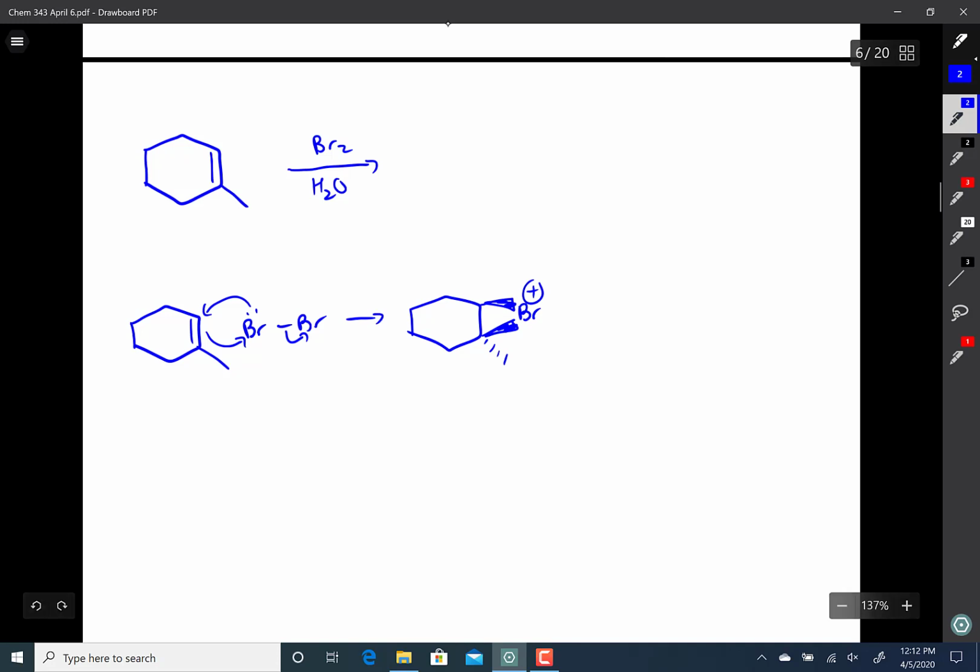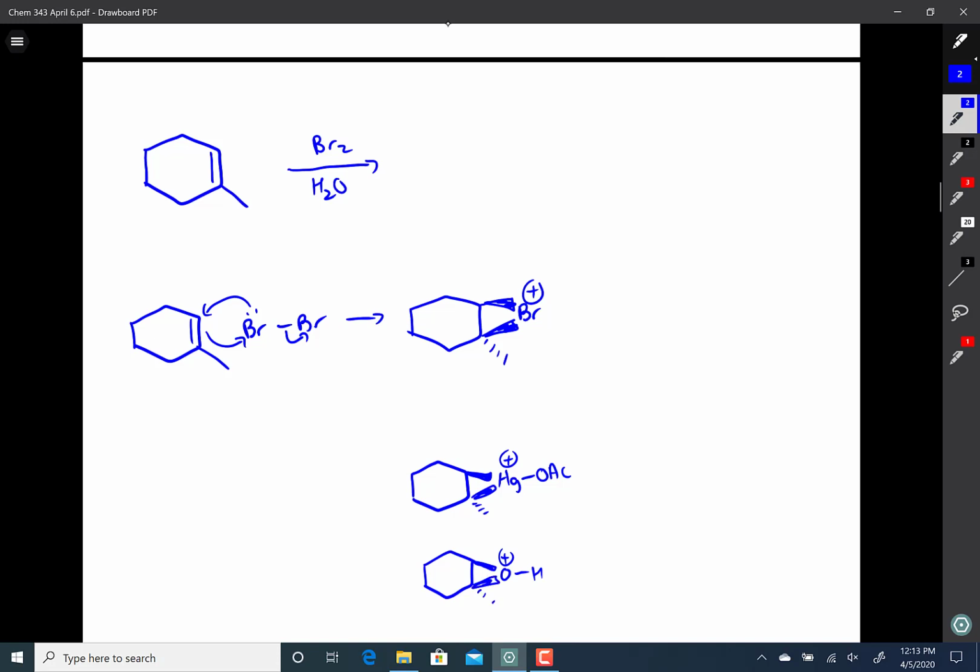And then it's a matter of what side the water attacks. This is akin to our other three-membered ring reactions, such as the mercury species or the protonated epoxide. These are all very similar to each other in that you have an excellent leaving group in